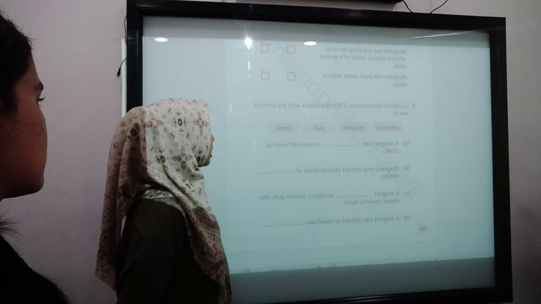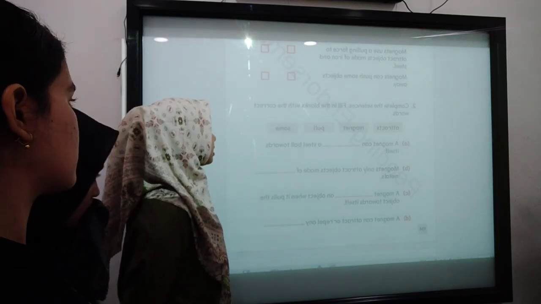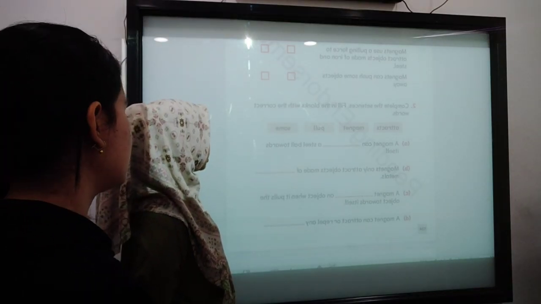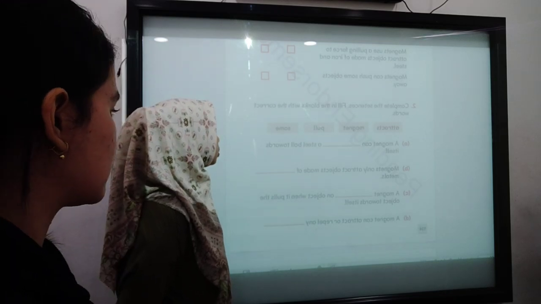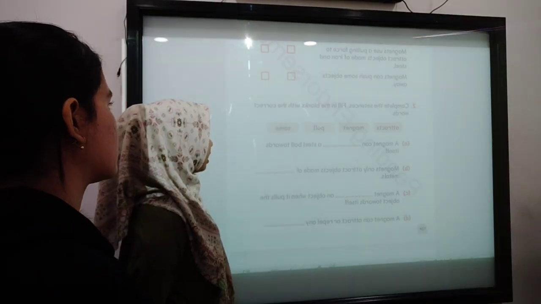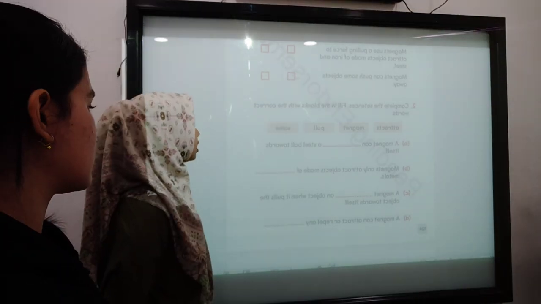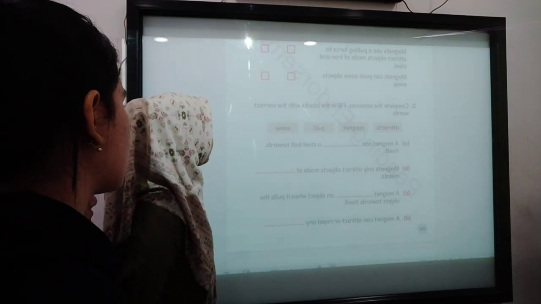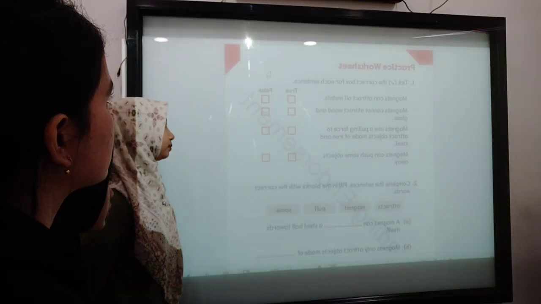The answer is a magnet only attracts objects made of some metals. Part C, a magnet repels an object when it pulls the object toward itself. So the answer is a magnet attracts an object when it pulls the object toward itself. And part D, a magnet can attract or repel any magnet. So the answer is a magnet can attract or repel any magnet. Yes. So this one, number one, the answer all true.